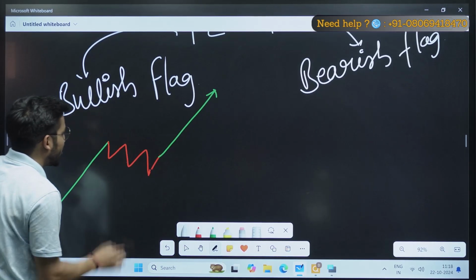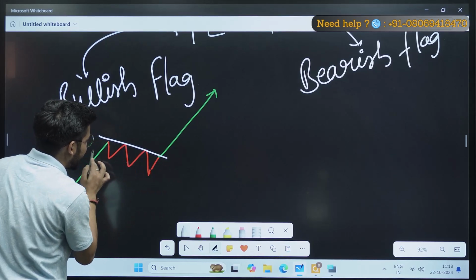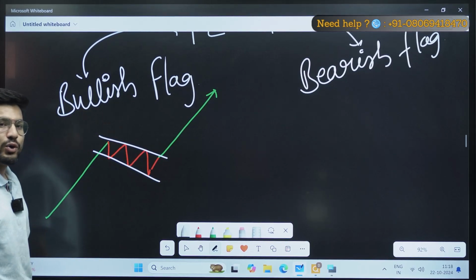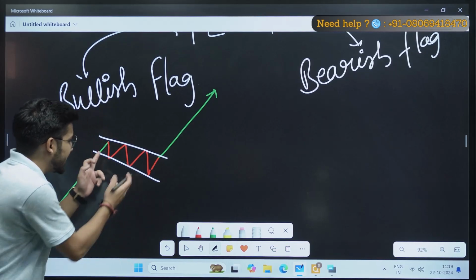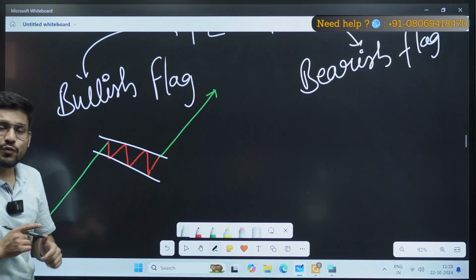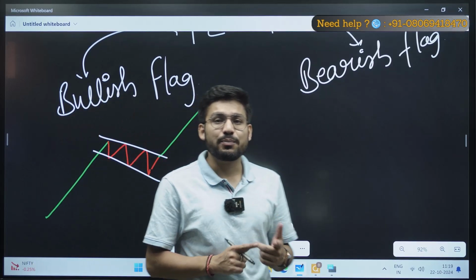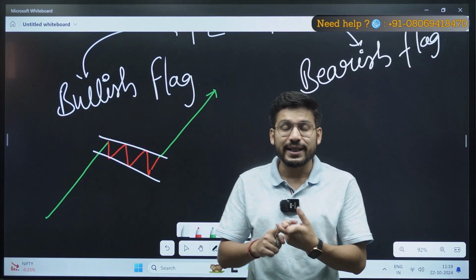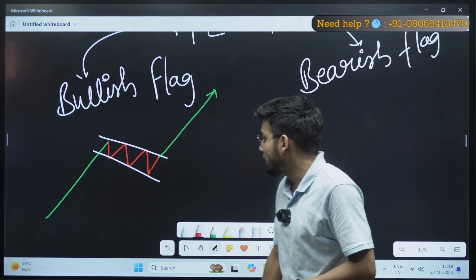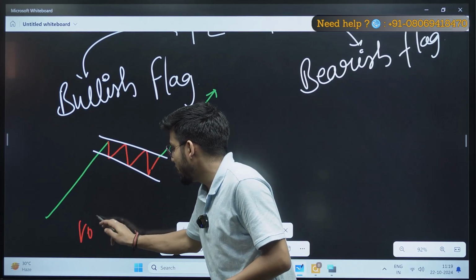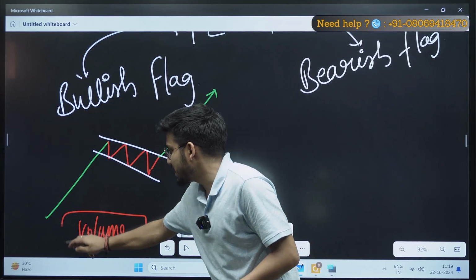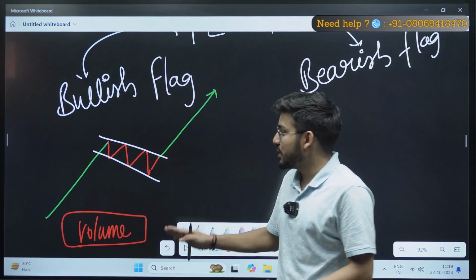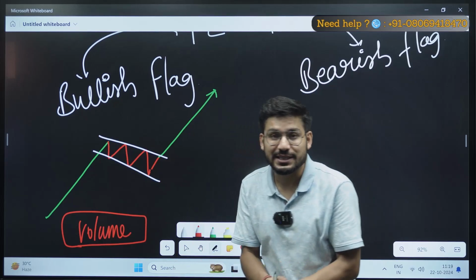Now what you have to understand is that whenever there is this kind of pattern, analyzing it is not that strong by itself. So we will use a confirmation that people usually don't use, and that confirmation is your volume. We will be analyzing volume with it. This is the main factor because it will show you how strong your trend is, right?